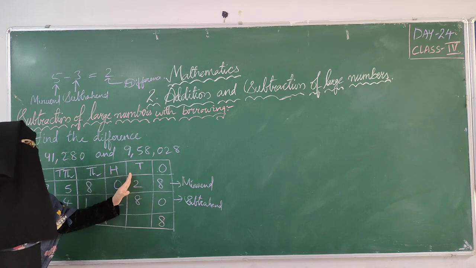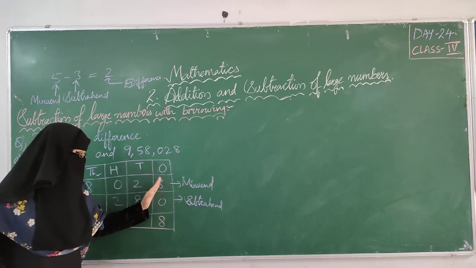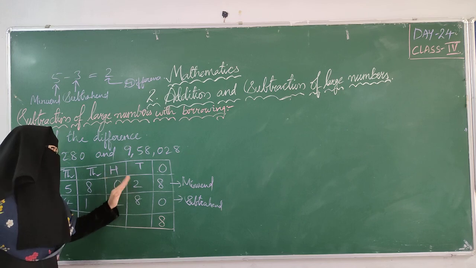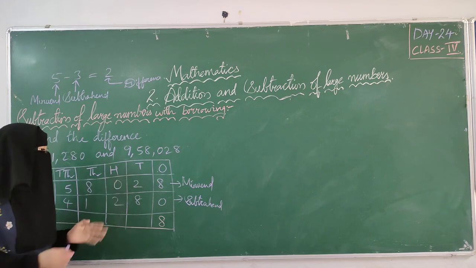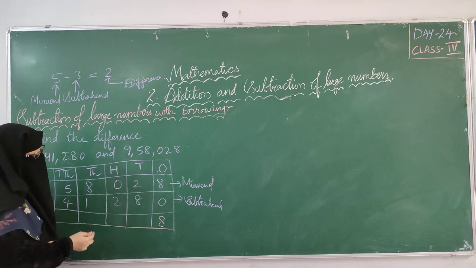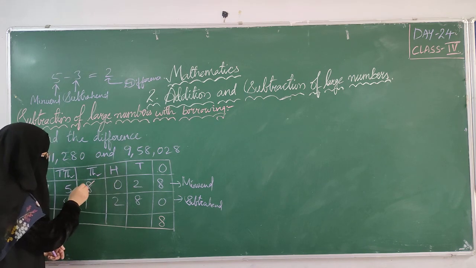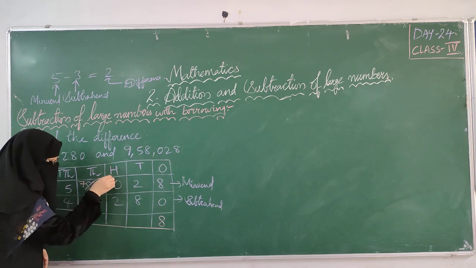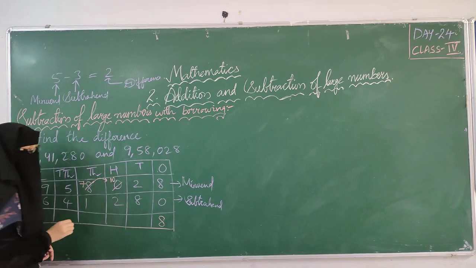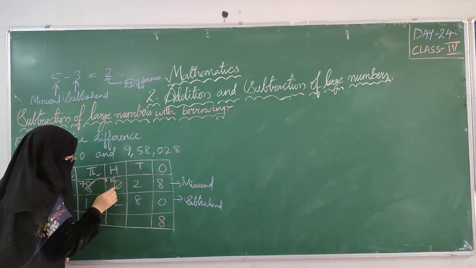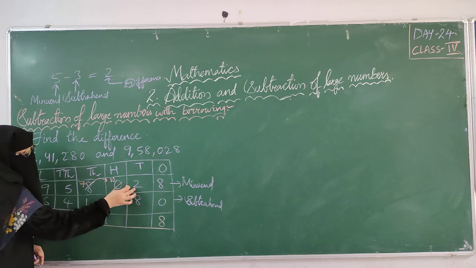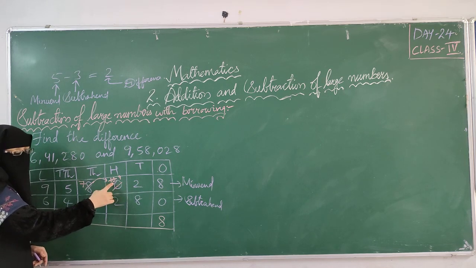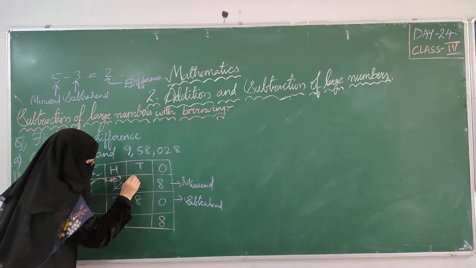If any digit in the tens place or ones place cannot be subtracted, take borrow from the previous one. What is there after tens? Hundreds, right? So take borrow. Here also 0 is there. How can we take borrow? Then move to thousands and take from here. It will become 7. I am taking 1 carry and sending it, so this will become 10. Write it in a clear manner. Next one is 10. Here also I have to take carry. This will become 9, as I am taking 1 from 10. This will become 12.